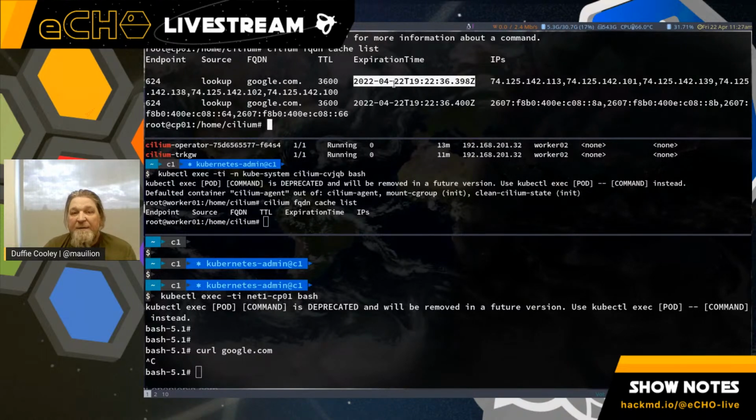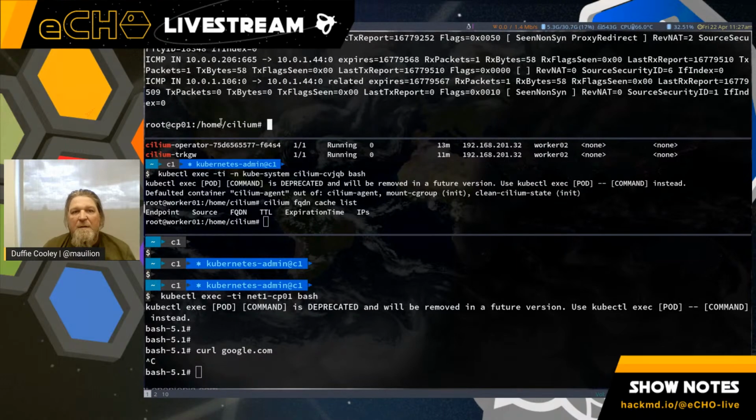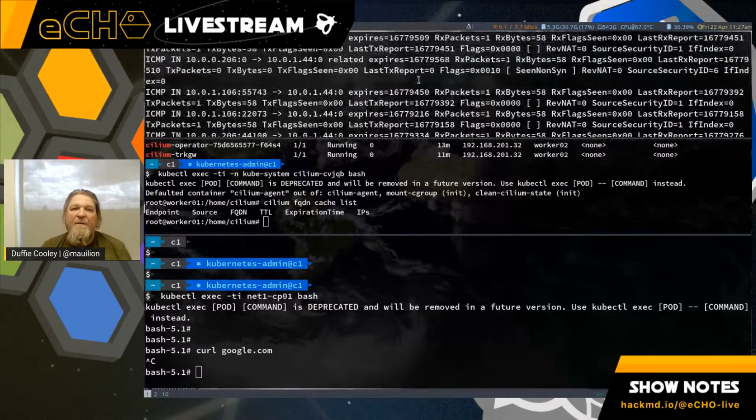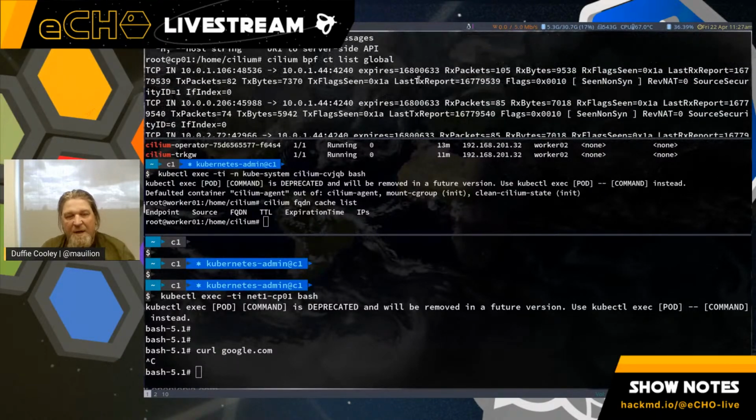Once that expires, it moves to a different state. Instead of source lookup, it'll then be source connection. And the connection tracking tool, cilium bpf ct list global, is actually the contract that we have built inside of eBPF. So this is the map. This is the output of the map of what's actually being seen inside of our contract that is managed inside of eBPF.